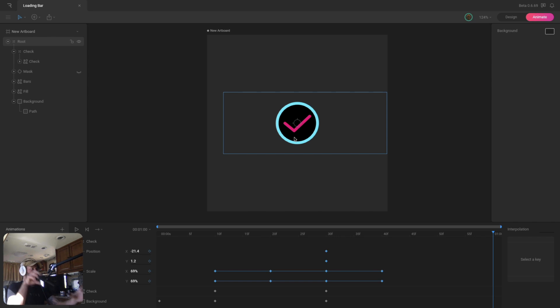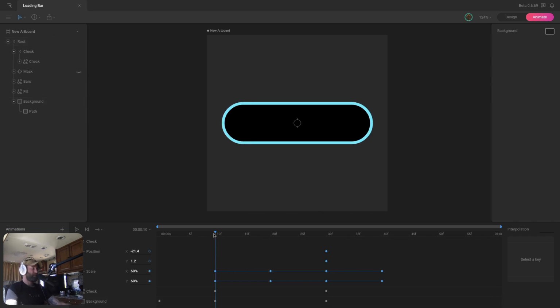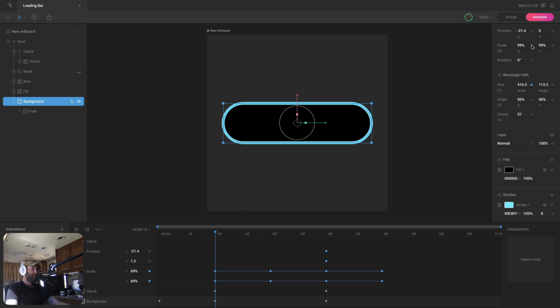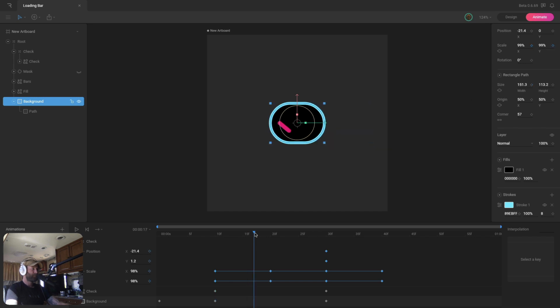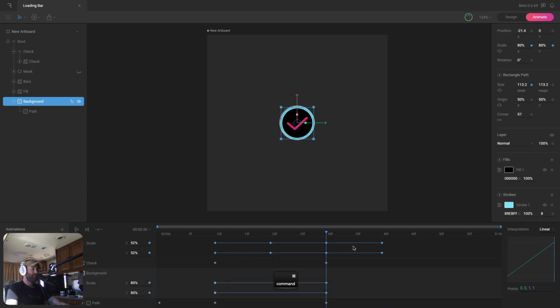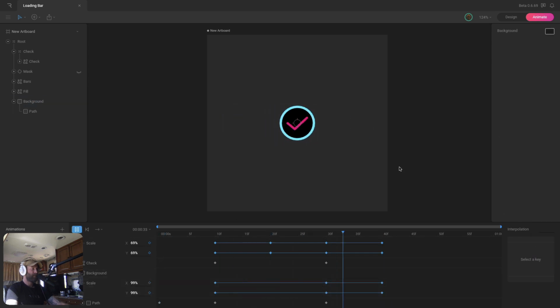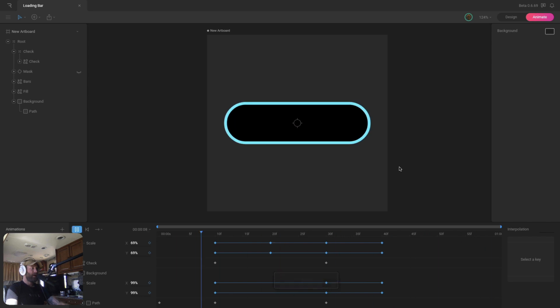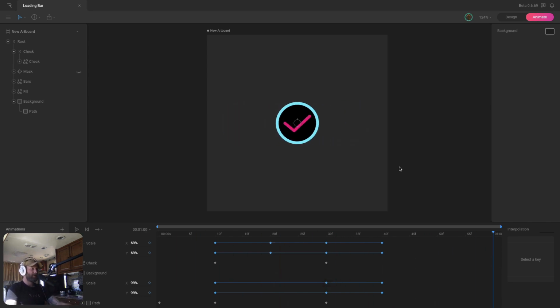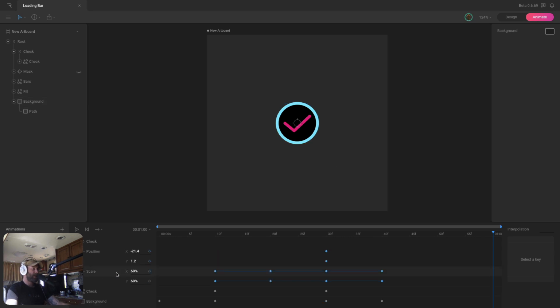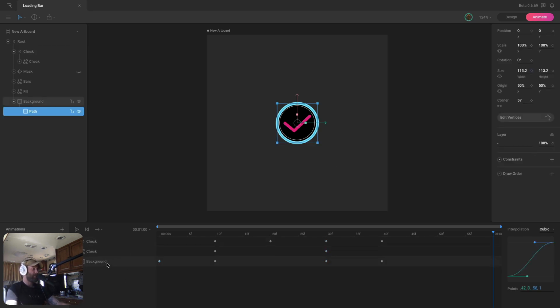Now let's match that bounce with the background here. So I'm going to do the same thing. Go to the background, key the initial scale. And when it gets here to 30F, we'll scale it down. And then we can return it back to its original scale at 40. And once again, give everything here cubic easing. And let's take a look. Okay, that looks pretty good. If you want, you can keep tweaking your timing and easing curves and all that. But let's go ahead and get this plugged into the state machine.